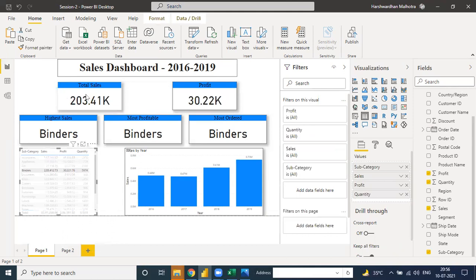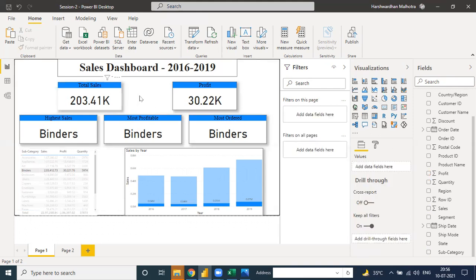This is the one value card, and the next one is the multi-row card, in which you can make two or three or five, however many you want, because we don't need a higher number. Suppose we need the top three accessories, so we need to select this multi-row card category. How to select, I will tell you later, because right now these are the steps to make a card. First understand this card properly, then I will show you the next part.